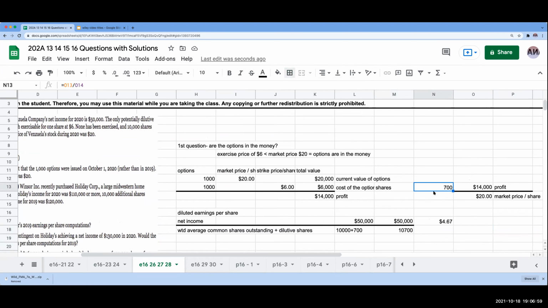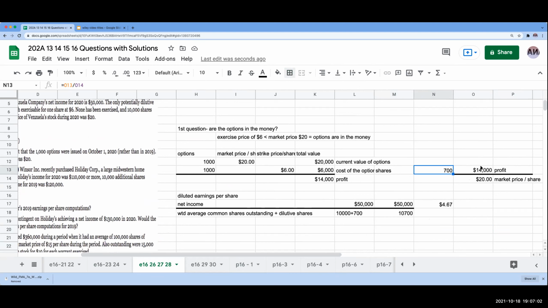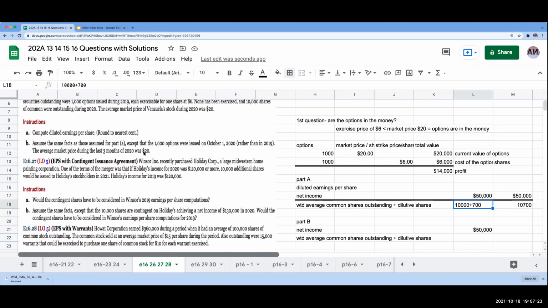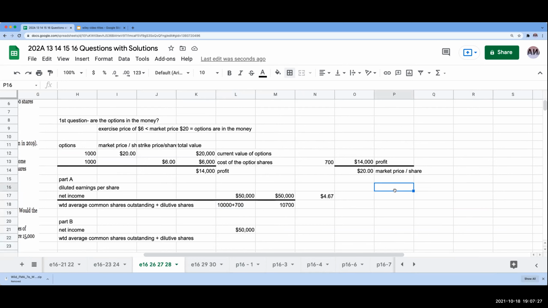But if we're now going to say that these are only outstanding for part of the year, for part B, this 700 assumes they were outstanding for the entire year. So if it's only outstanding from October 1st through December 31st, I then need to multiply these 700 shares